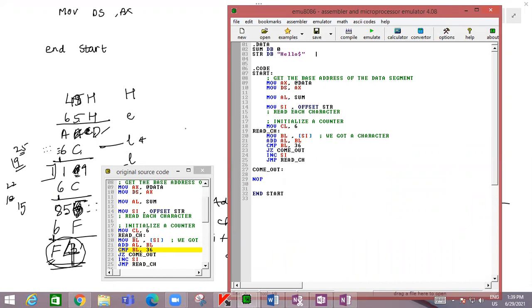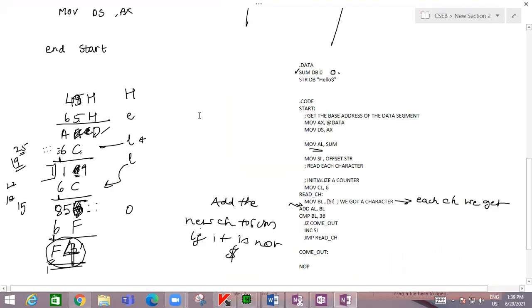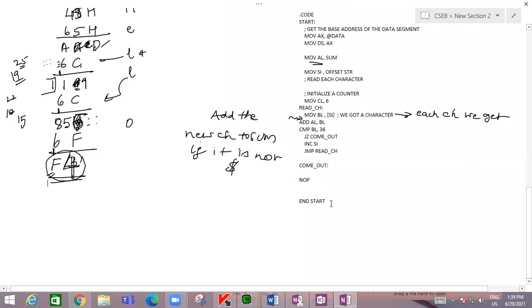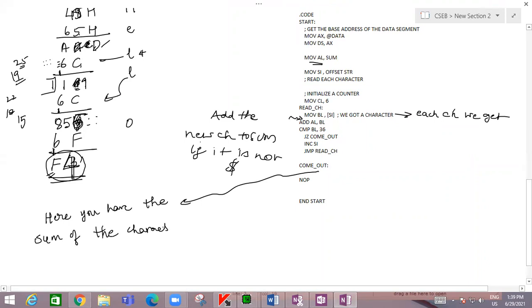Now what you have to do here, at this point, you have the sum of all the characters.